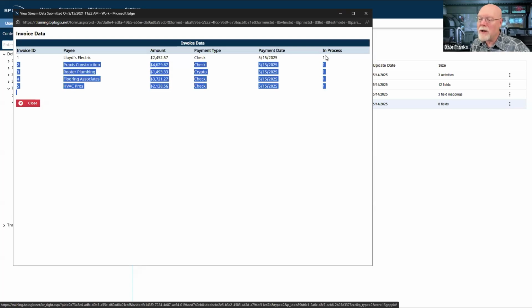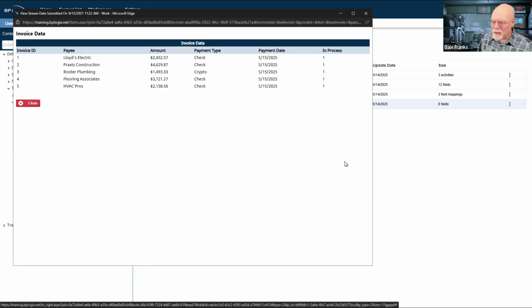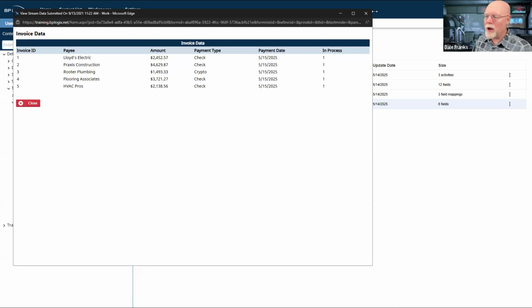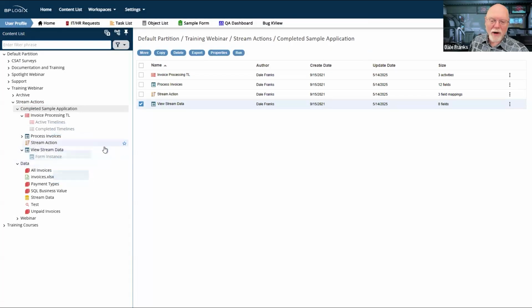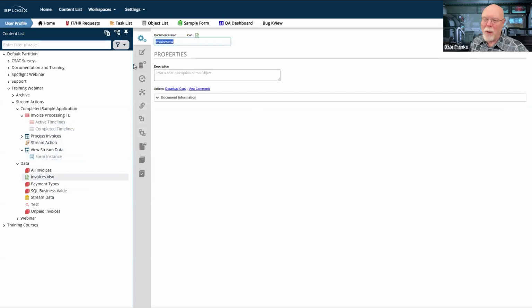And we can see for each of them, the in process has been set to 1. I probably should have opened this up once I kicked off all the processes so that we could see that in process flag had been marked, but we can see it now. And we have seen that it will not import any more data. And because it will not import any more data, we have to reset everything back to status quo ante.